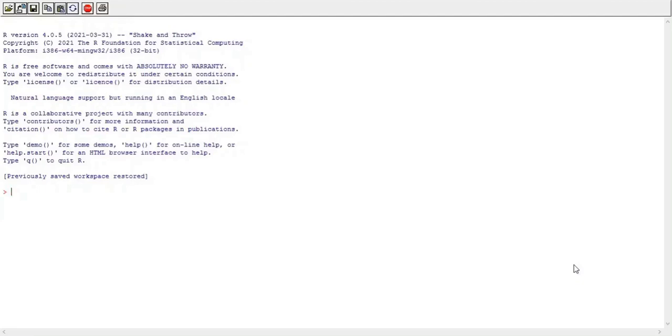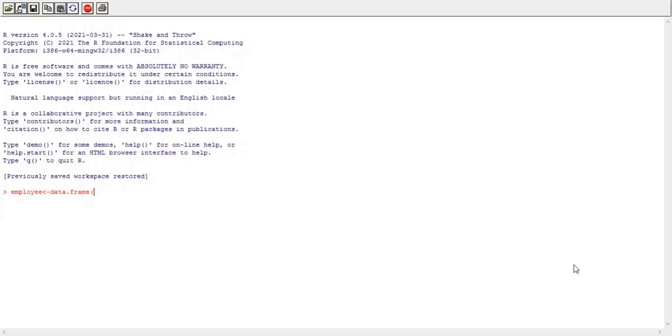Now we'll see how to create a data frame. To create a data frame in R, we have the data.frame function. Now we'll store information about employees, so I'm creating an employee data frame. data.frame is the function by which we can create a data frame, that is, a table in R. It receives different values as parameters. All these parameters are nothing but the components, the columns, that we want to store in that data frame.